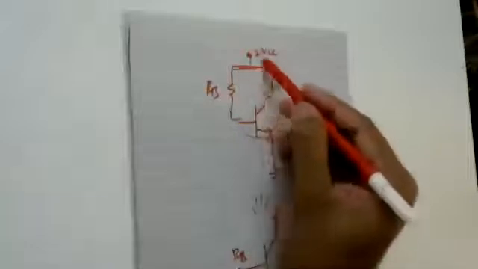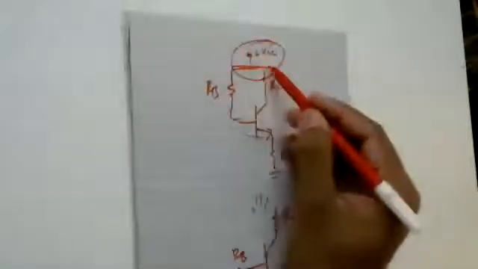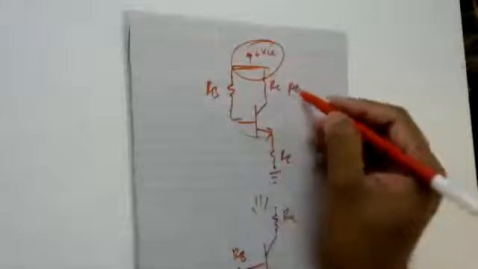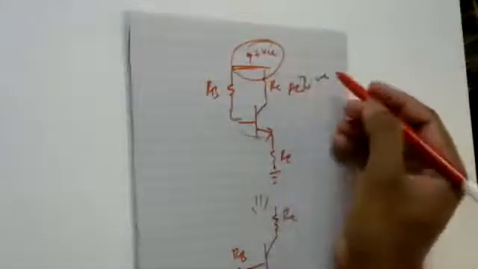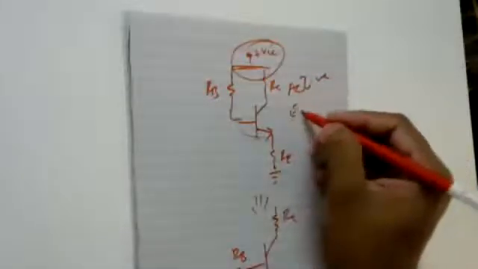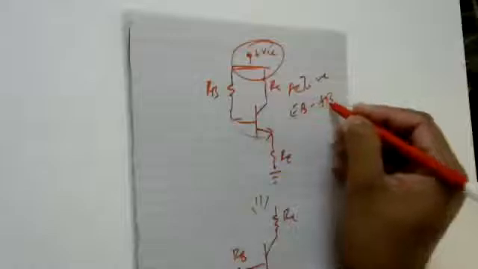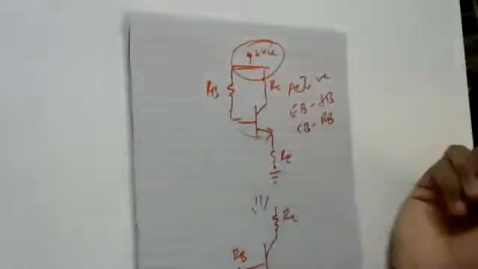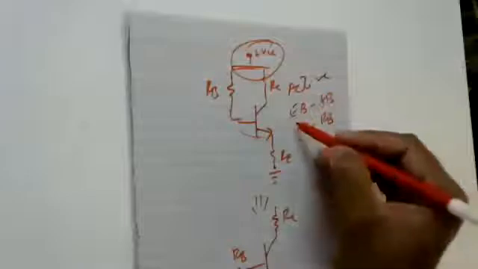Now I'm going to split this source. I know that my transistor is going to operate in active mode. So if my transistor has to operate in active mode, the emitter base junction has to be forward biased and the collector base junction has to be reverse biased. In order to make the emitter base junction forward biased, since it's an NPN transistor,